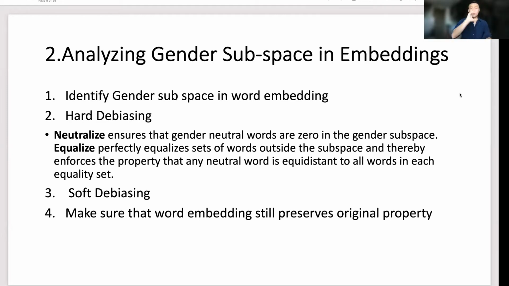So we do any kind of de-biasing we want, but at the end of the day, we need to preserve original properties, because word embeddings are very important. It's a building block for most models. So if in this process you de-bias it and it messes up anything, then there's no point in using these word embeddings anymore. So that's the challenge of the de-biasing line of research.